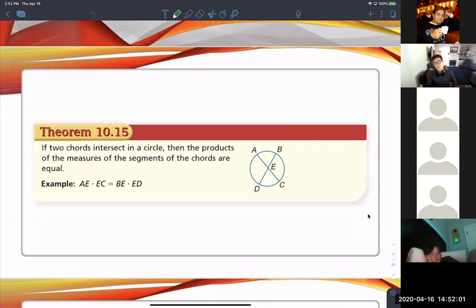Scenario 1, we have two chords intersecting in the middle. We know how to find the angle E if need be. It would be 1/2 the sum of the two arcs, AD plus BC. But that's not what we're looking for. Say, for example, we're looking for the relationship between these line segments,